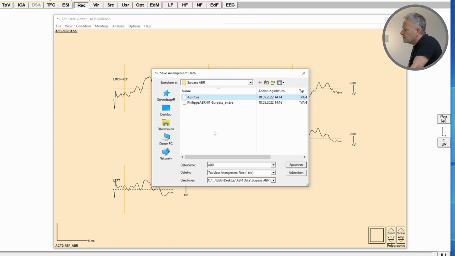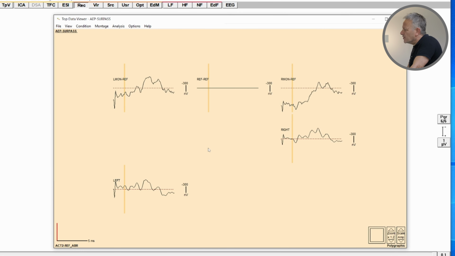Save arrangement, just gonna overwrite this particular one here, so next time we don't have to do it again. Now, obviously looking at that, we have the L-mon and the R-mon no longer as monopolar channels, but they're now also referenced. And that's why they become more similar to the actual ABR channels that use bipolar and AC channels, so 100 Hertz to 3.3